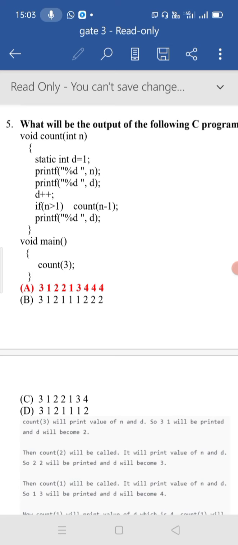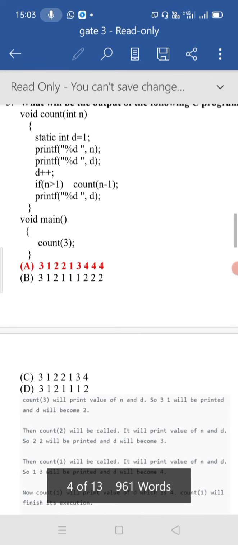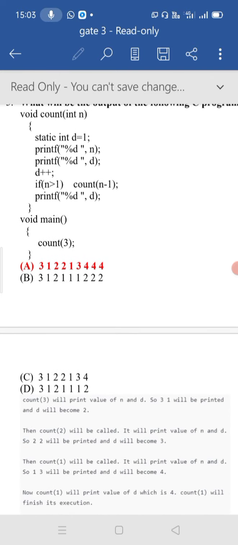Then, in count, the if condition 2 is greater than 1 is true, so the count function is called again with n minus 1, which is 1. It will print the values of n and d. The n variable holds the value 1 and the d variable holds the value 3.